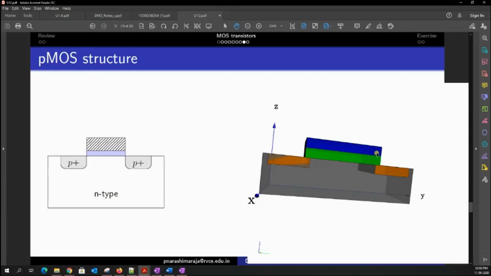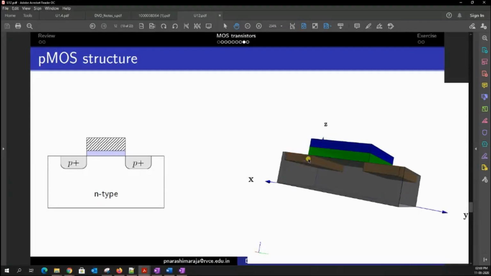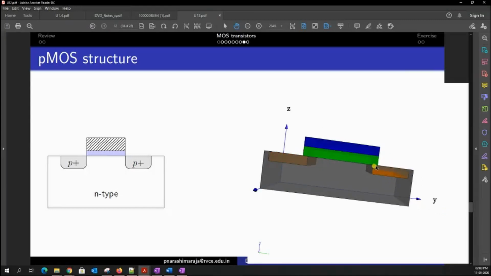Again, in the same way, you could see on the other side there is an overlap of my diffusion layer beneath this oxide layer. There is a thin strip that goes along this particular side. Throughout this entire width, it runs. Clear? And it occupies a certain length over here.